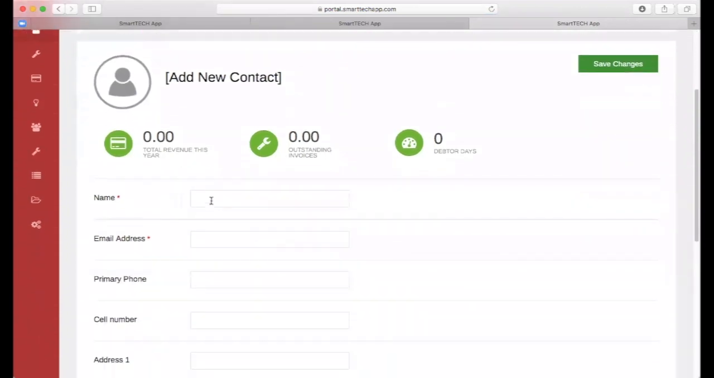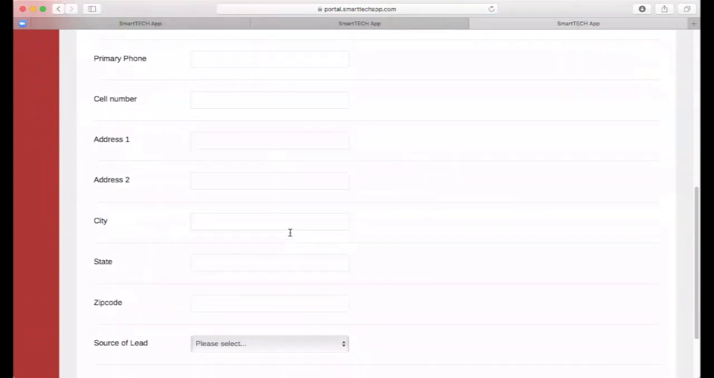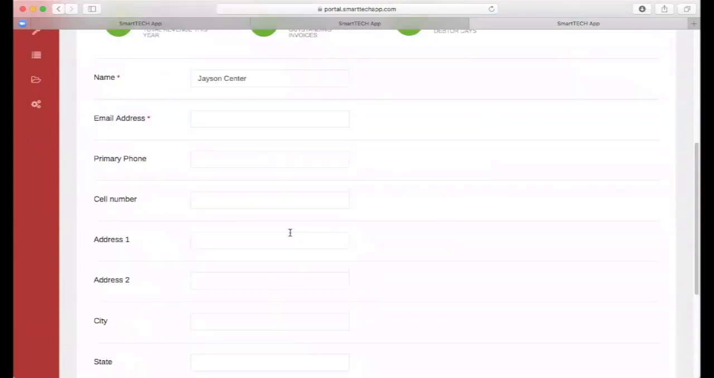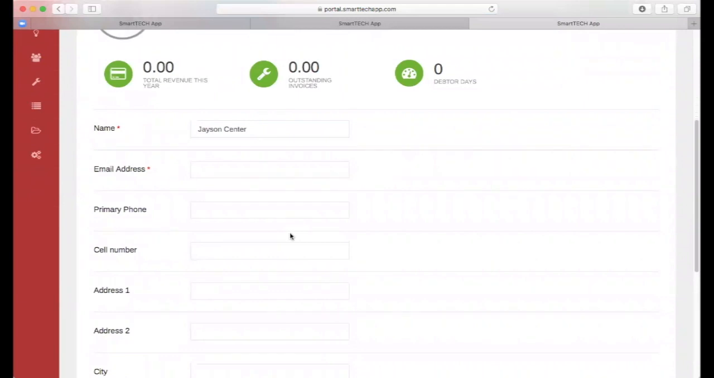You can put their name in there, Jason Center. And by the way, this can be the name of a business, or this can be the name of the contact. They call it a contact. And so you'll see that down here, there is not a name for the business. So if you're doing commercial property, you may set it up under the name of the business. If you're doing it for a home, you might set it up under the name of the homeowner,